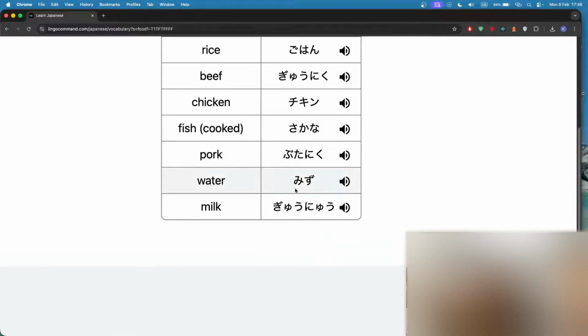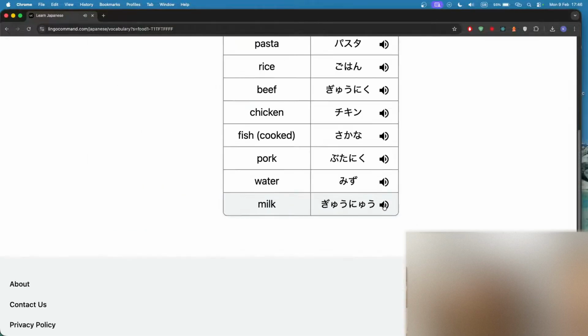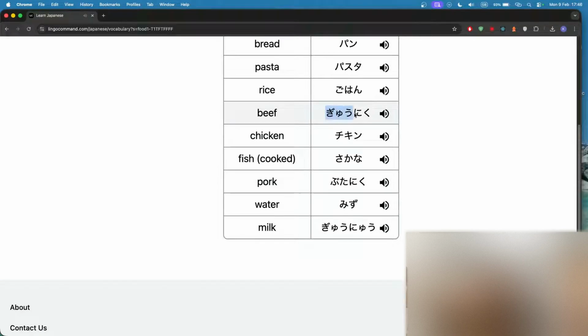And so that just leaves us with mizu, which is water, 水, and milk, which is gyunyu. 牛乳。